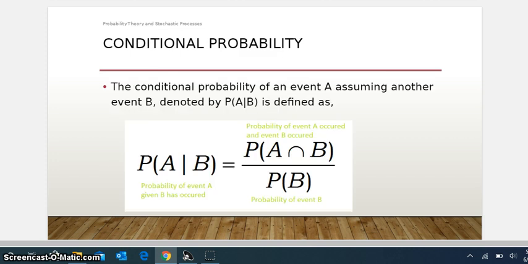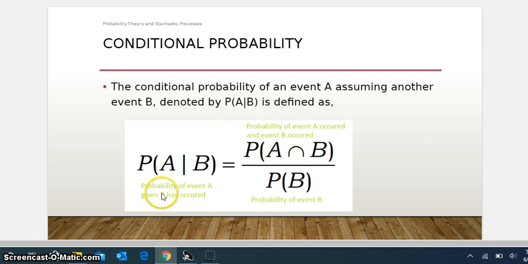The conditional probability, the name itself says conditioned. So when you have two events A and B, if A is conditioned on B, it is denoted by P of A given B. Conditional probability is always denoted by P of A given B. Given B, in the sense that B has already occurred. So if I know the probability of B, what is the probability of A? How is it dependent, and how is the probability of A affected?